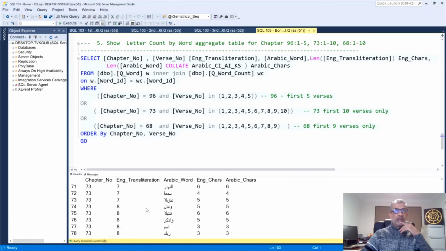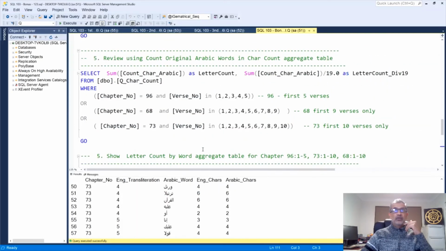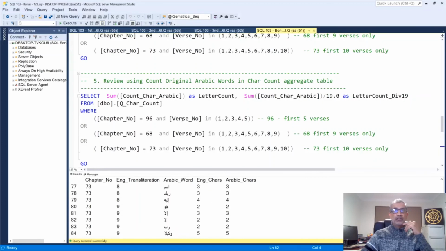Let's pick one word. Ism, you can see ISM, alif, sin, mim. It is exactly 3 characters and all that, right? So it's not fiddling around. It's actually counting the characters within each of these words, and that's the 475 in total that we get. So that's the queries done. I mean, the 3 claims clearly are proven.